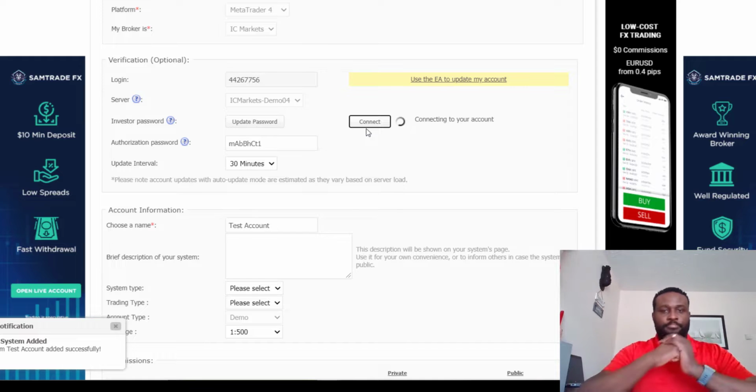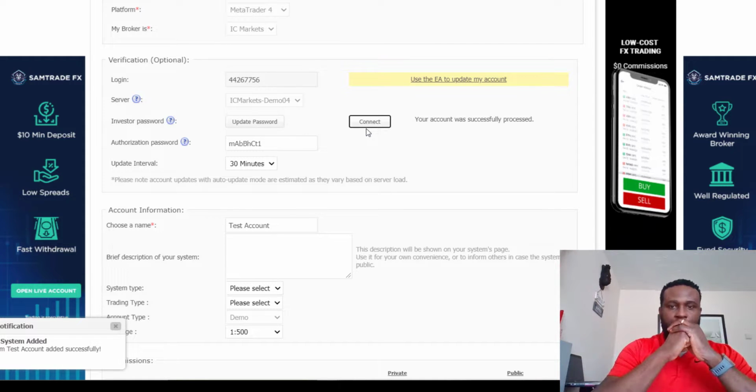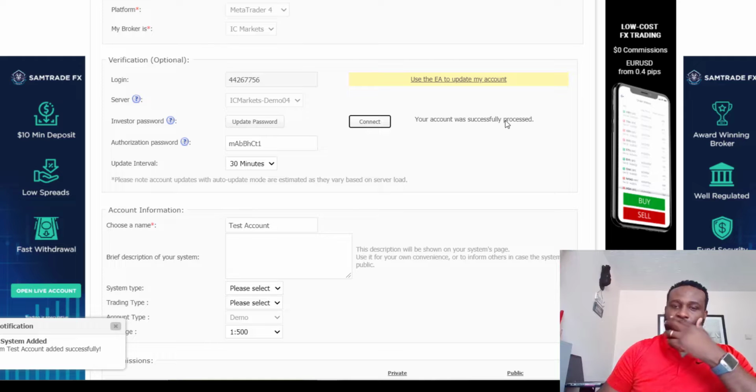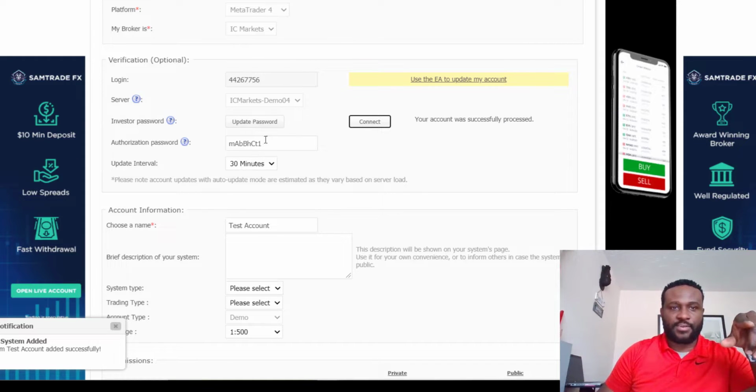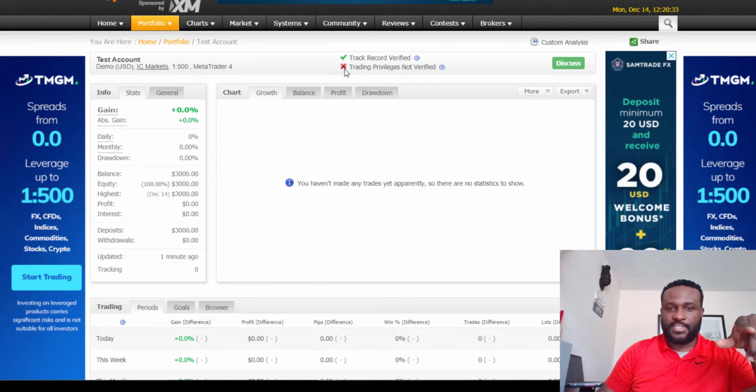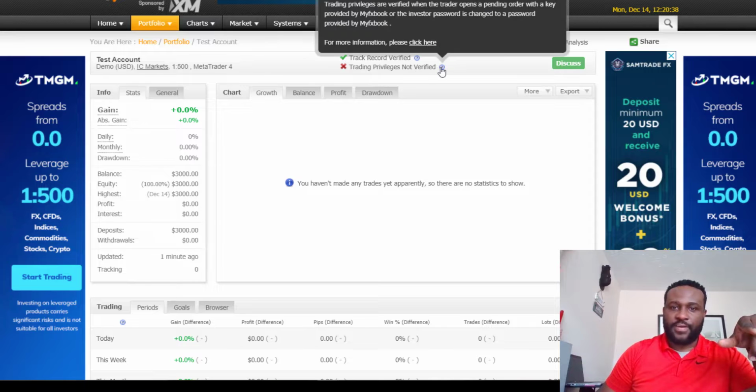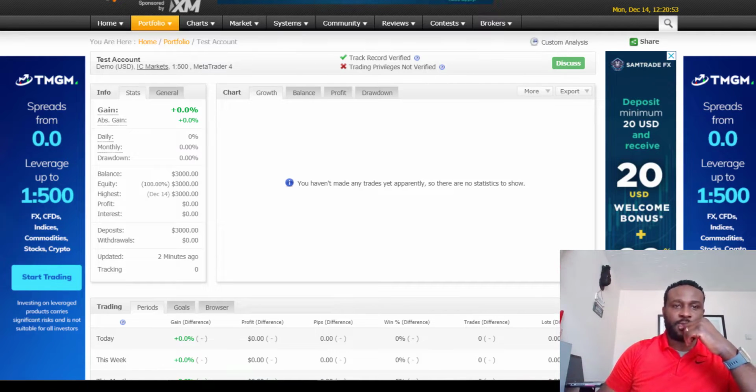Boom. That's it. It says your account was successfully processed, so it means that this is talking to my account. Now for me to get the second, remember when we looked at this, you can see this is showing an X, it's not verified. And the way to verify it, if you go to this message, it says trading privileges are verified when a trader opens a pending order with a key provided by Myfxbook, or the investor password is changed to a password provided by Myfxbook. So you can actually do this, as it were,